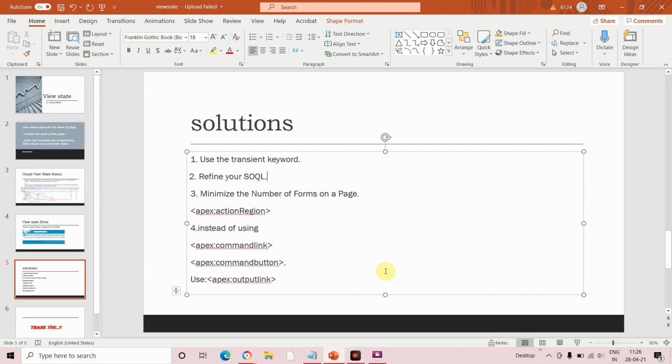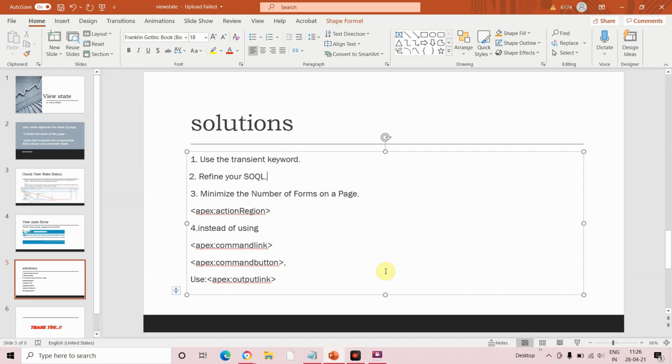So this should be avoided. Instead of 1 and 2 and 3 and 4, we can make use of all statements to define our circle query. In this way also we can optimize the performance of a Visualforce page.